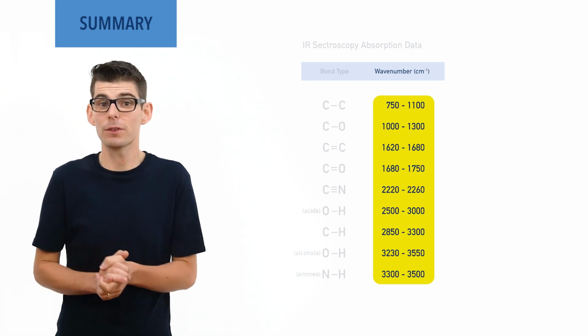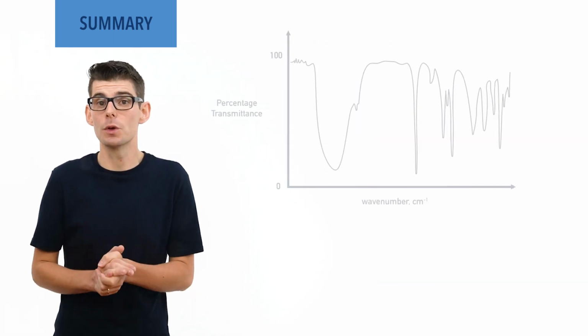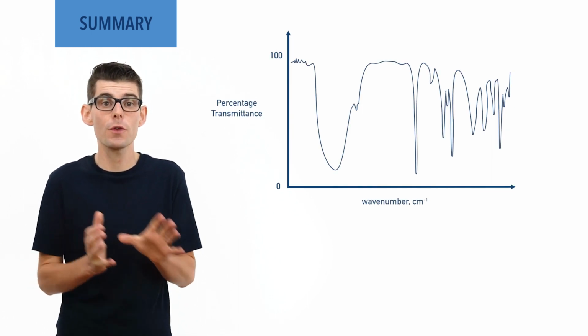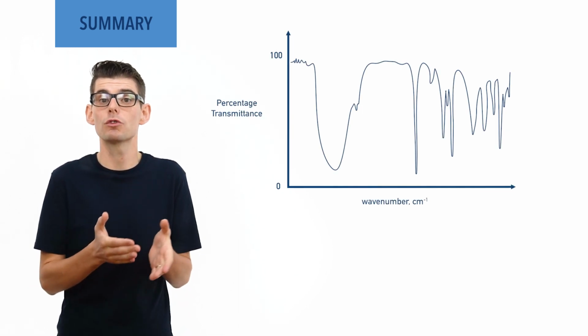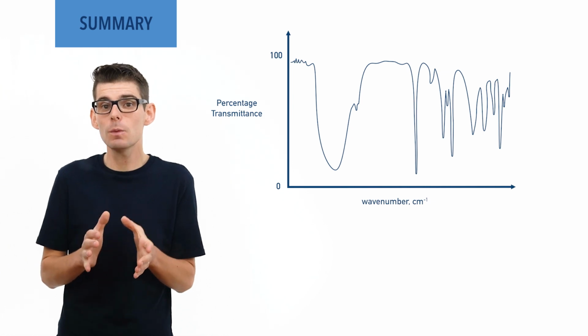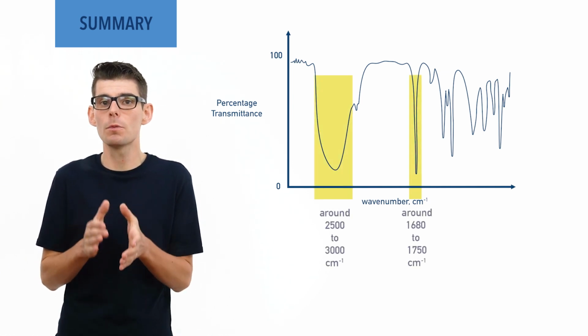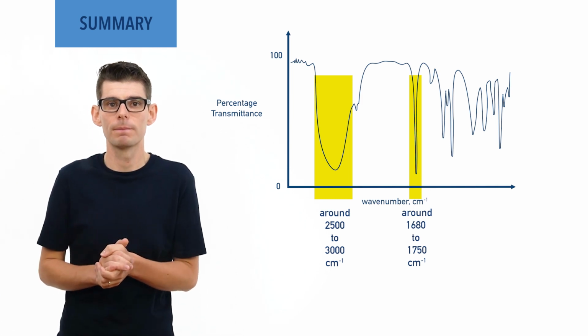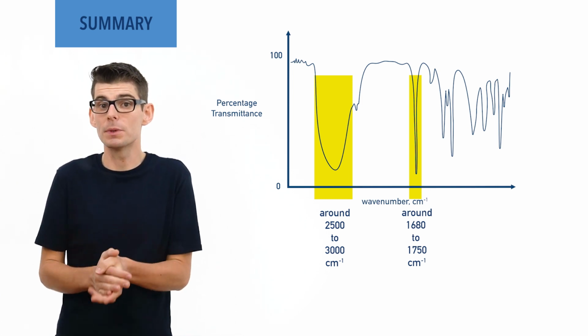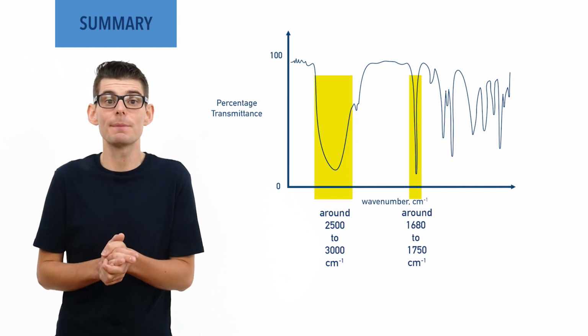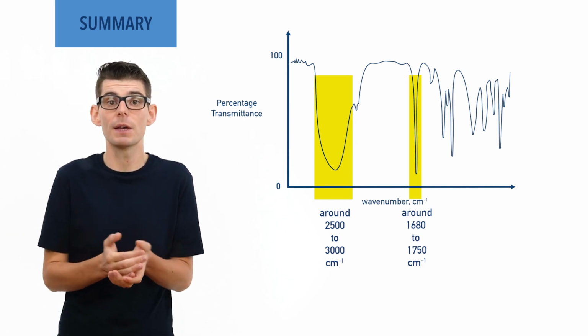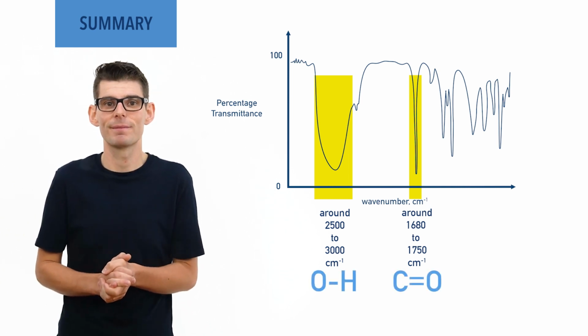In infrared spectroscopy, spectra are produced that show the waves that pass through a sample. This is called transmittance. Any waves or wave numbers that weren't transmitted must have been absorbed by bonds in the sample. These wave numbers absorbed can be compared to a data table, and the corresponding bond types can be determined.